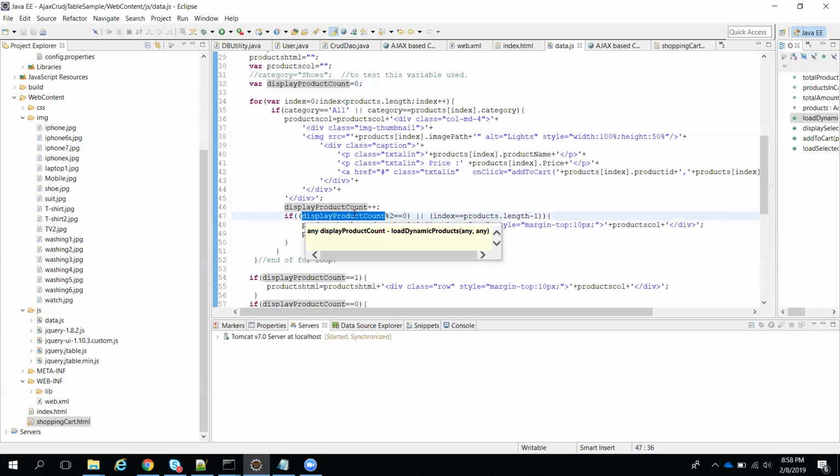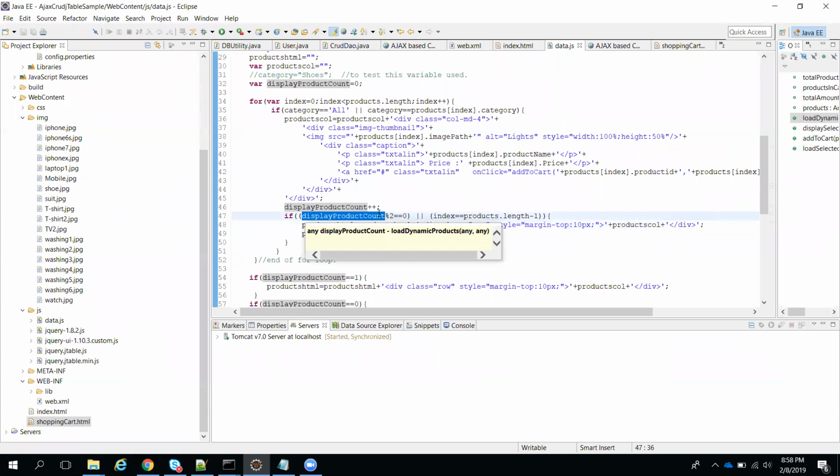You know this, right? Modulo means it divides by 2 and takes the remainder. If it is 0, it is properly divided by 2. So that time I will make it one row, whatever two columns I want to put in one single row. I will show you the output of the HTML and how it is coming. Just understand for now, each two items I want to keep in one single row. For that we have written this code.